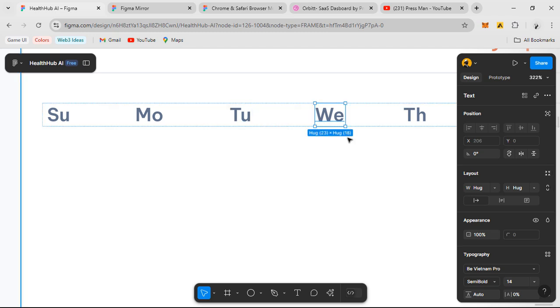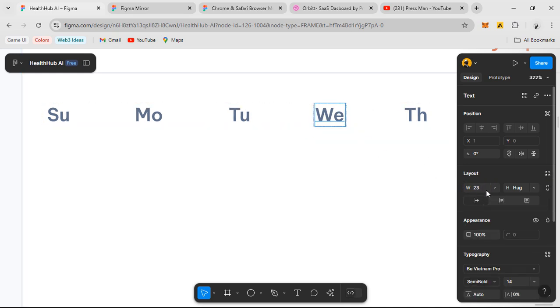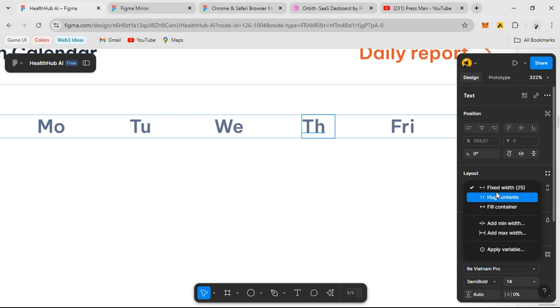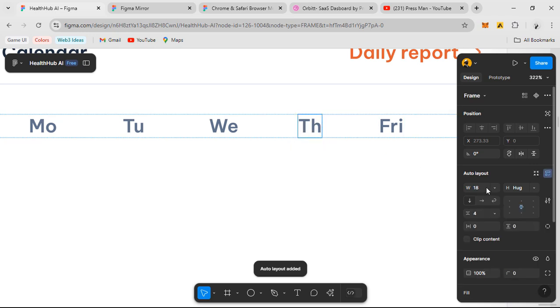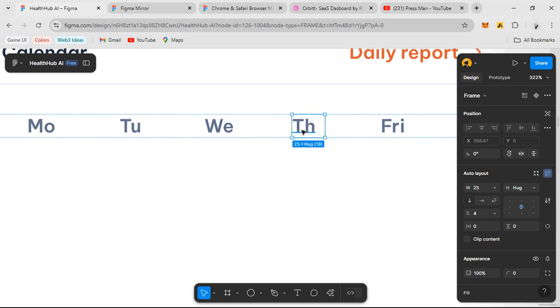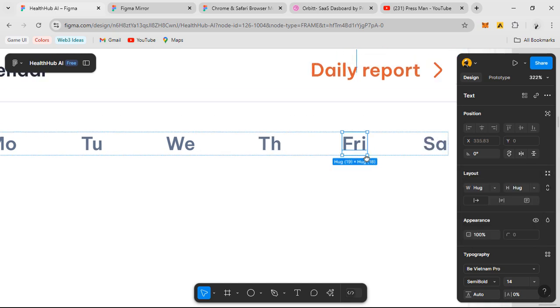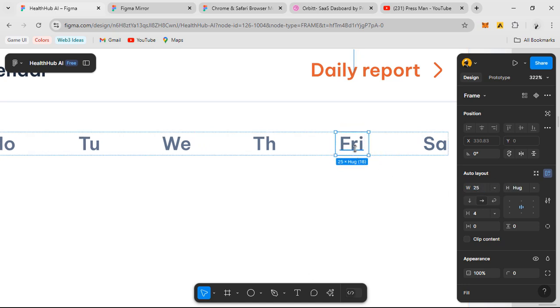content. This as well, Shift A to make the width 25 pixels as well. Control click and make sure it is unhugged. Switch to 25 pixels as well, and control click on the inside and make sure it is hugged, right? So I didn't add an auto layout to this guy, so Shift A to add auto layout. Make the width 25 pixels and control click to the text inside and just switch to hug content. This guy as well, Shift A, make this width 25 pixels, control click on the inside, make sure it is